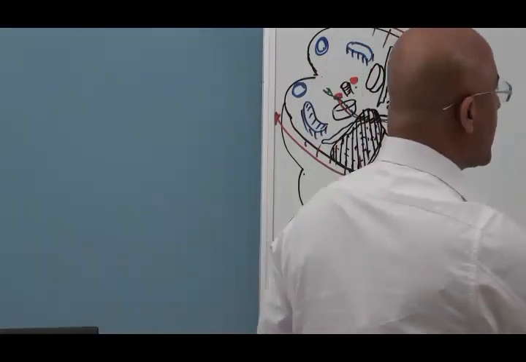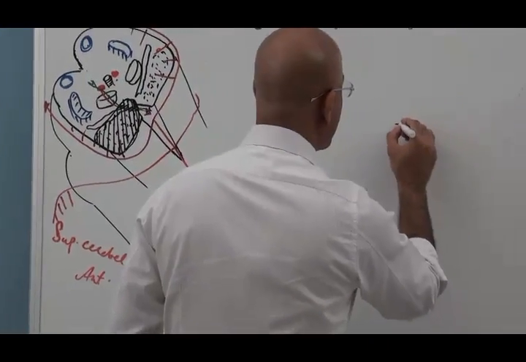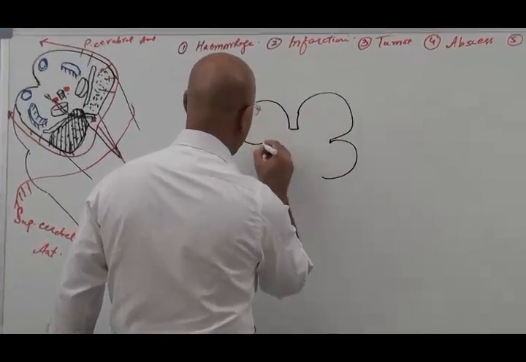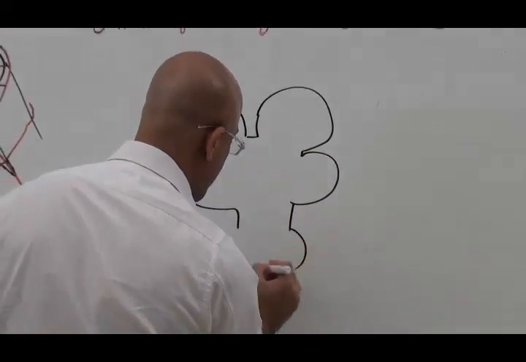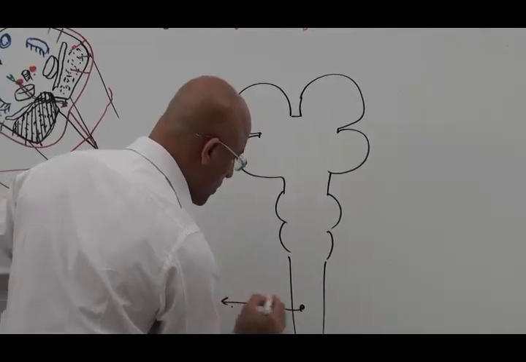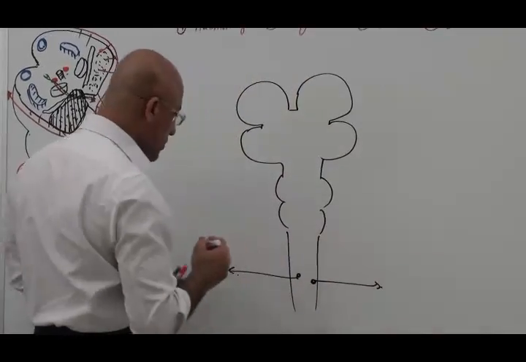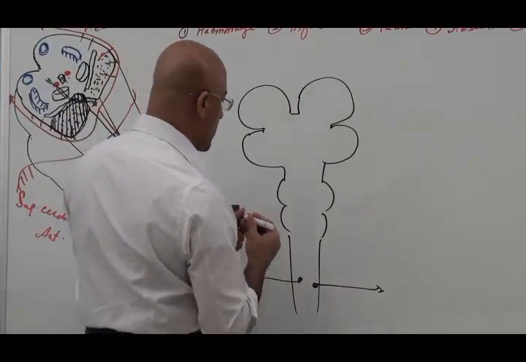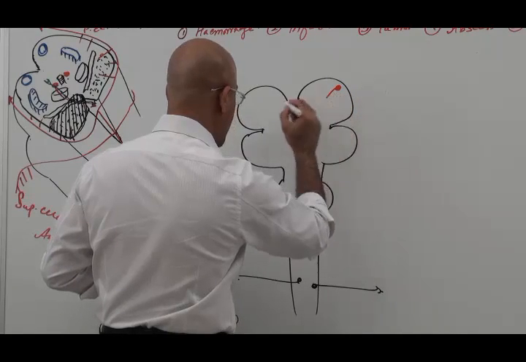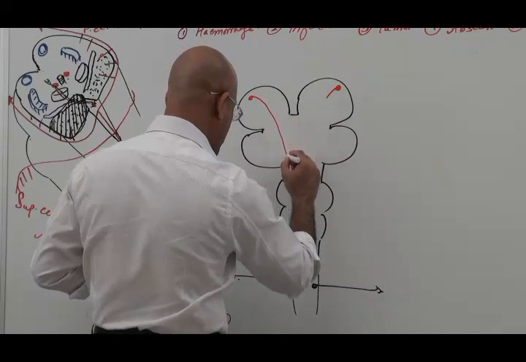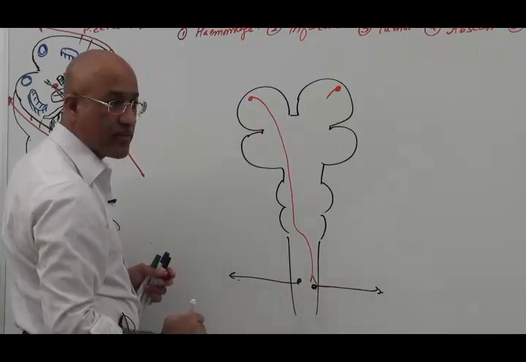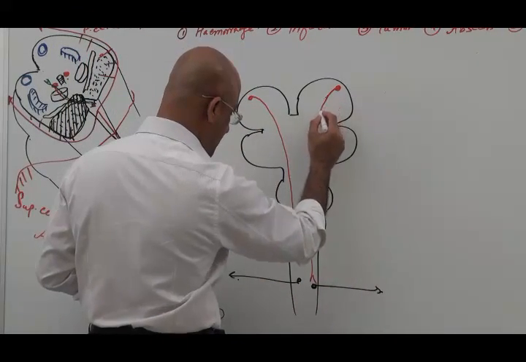Now let me draw this diagram here. Let's suppose here is your midbrain, pons, medulla, right? This is the lower motor neurons going to the muscles. Now you see what really happens: the corticospinal fibers come over here, they pass through the midbrain, and from here they decussate and cross. Is that right? In the same way, fibers from here, they are